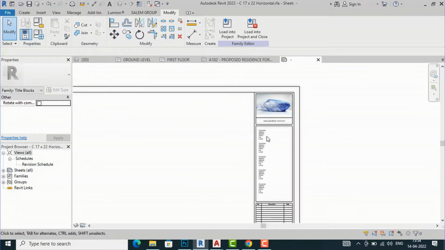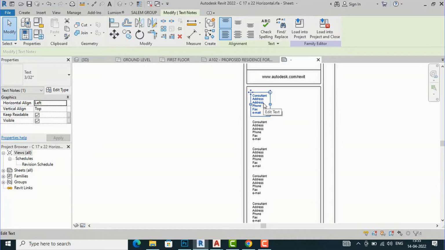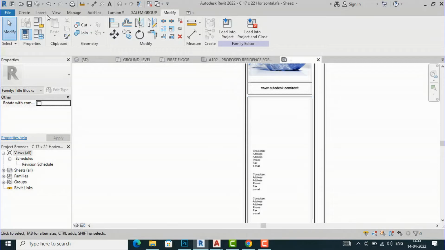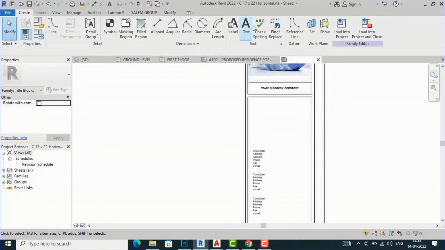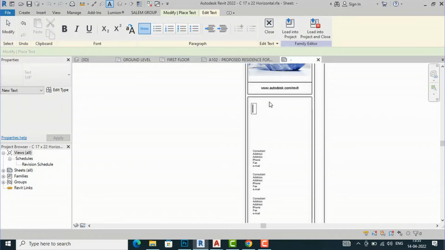So you can insert a logo like this, and you can also remove this text here, or you can write your own text. If you want to write your text here, you can create text from here, this one, and you can write